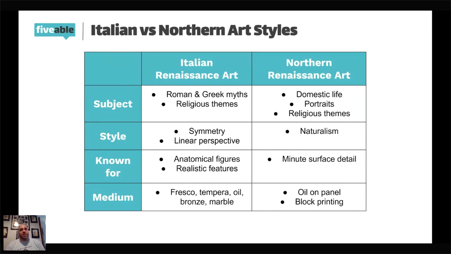But it's still very much going to be drawing from what's around them, and they had a lot of history there. It's not that the North didn't have a lot of history, it's just that the North didn't have the access to the Roman and Greek history like the Italians did. So if we look at what the North is going to take, well, they've got domestic life. That's what they can paint. They've got the countryside. They've got people. They can paint portraits. And of course, they have religious themes just like the Italian art. So there's some similarities there.